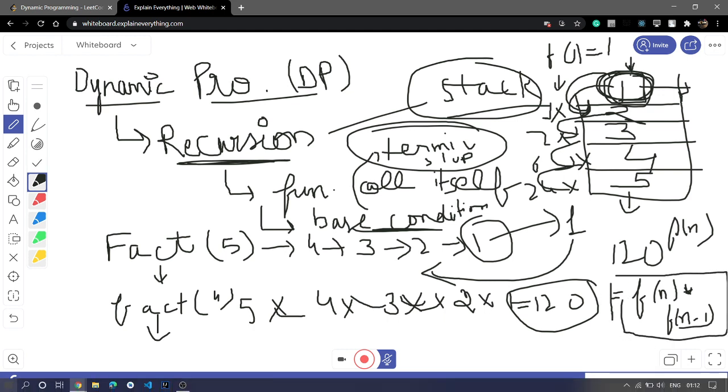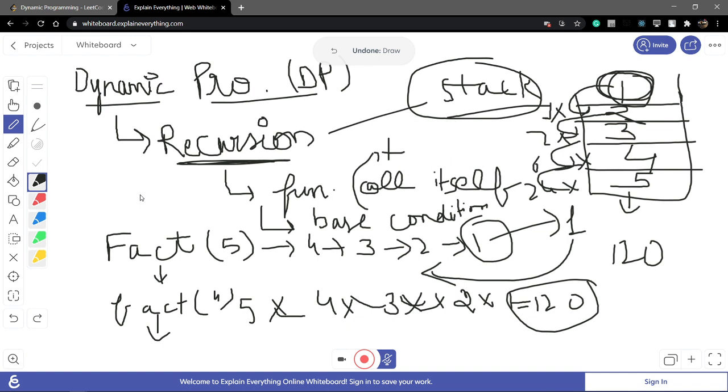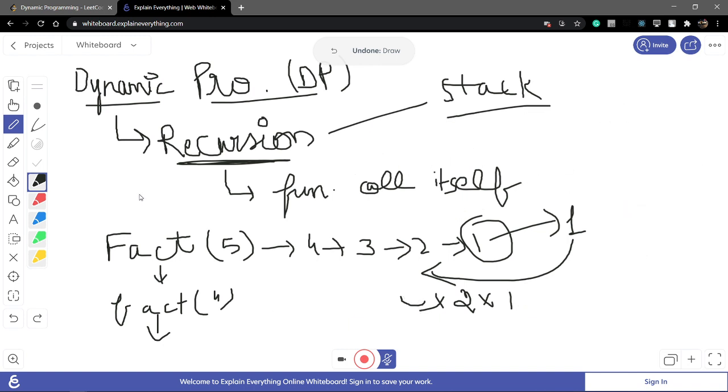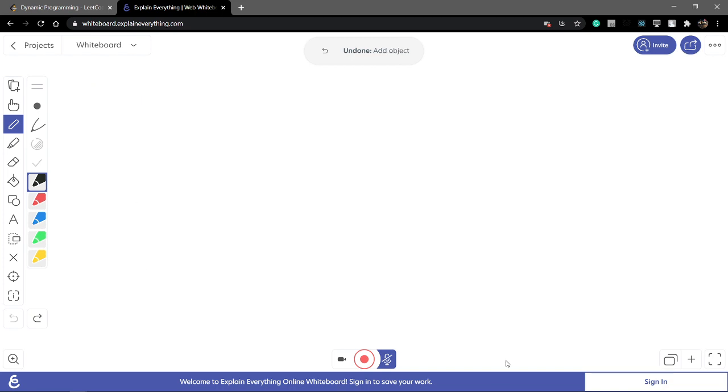This is general, and very simple. I have to discuss one more question, that is the Fibonacci series. Before starting dynamic programming, I have discussed recursion in depth and how to come up with dynamic programming from recursion. So firstly I discuss the Fibonacci series.